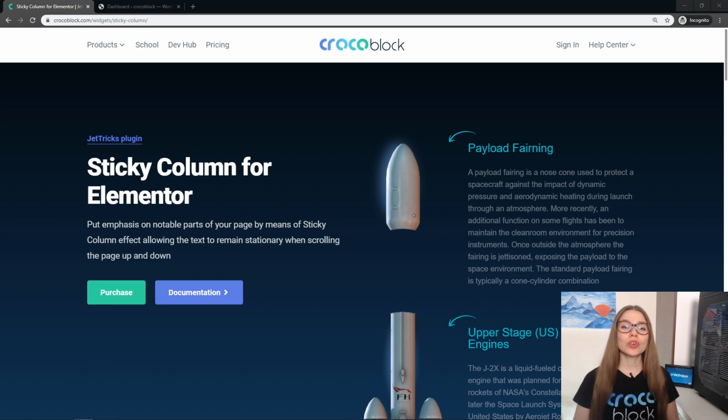Today I'm going to go over one of the coolest features of the JetTricks plugin, a sticky column extension for Elementor. What's amazing about this feature is that it is fully compatible with all devices like desktop, tablet, and smartphones. It is really easily applicable and customizable, and it can be applied to any type of content on the page. For example, any type of visual content like images, videos, etc., text, buttons, any type of sidebars,